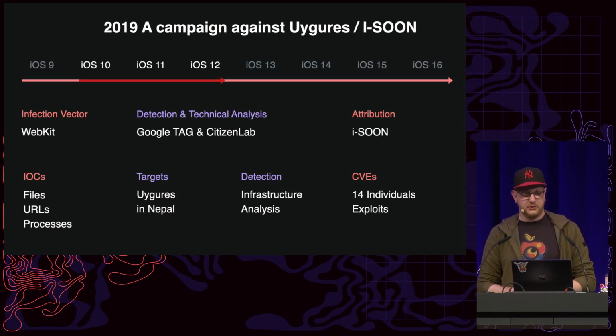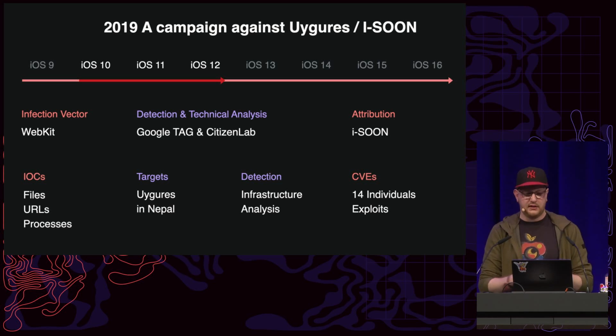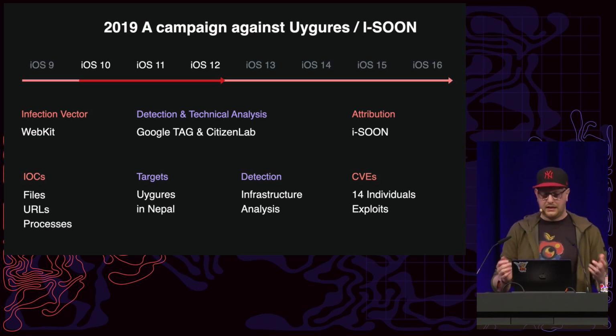There were 14 different vulnerabilities which have been used to infect the group of Uyghurs time over time again. There were 3 different iOS versions which were supported. Every single time it was an infection vector which was coming in via WebKit, and there was plenty of IOCs